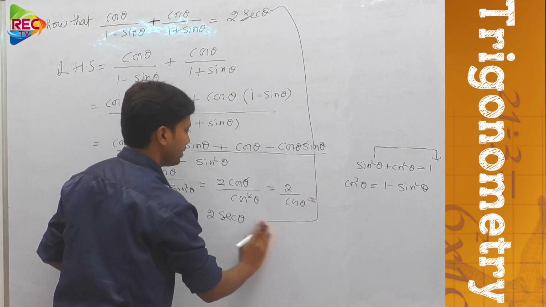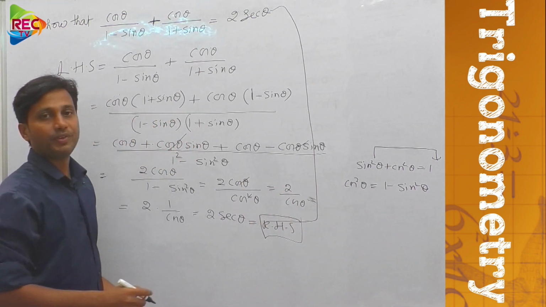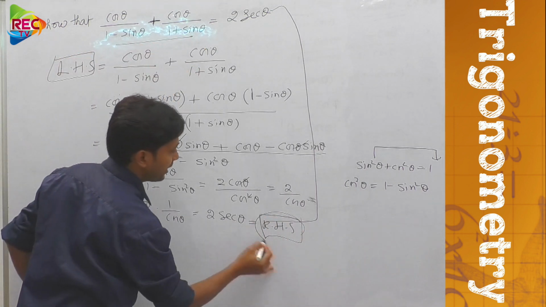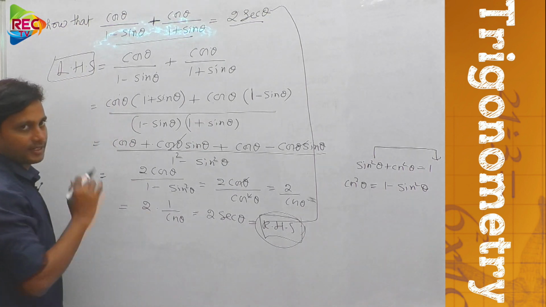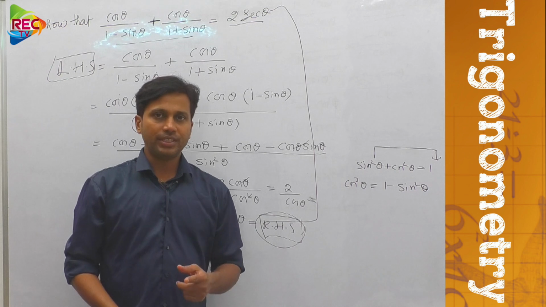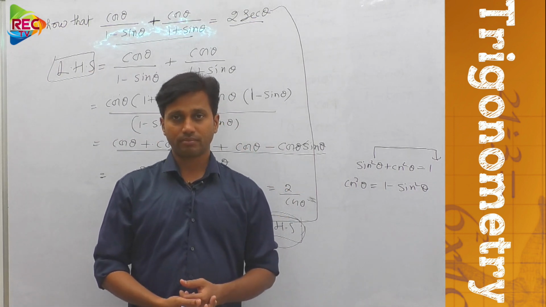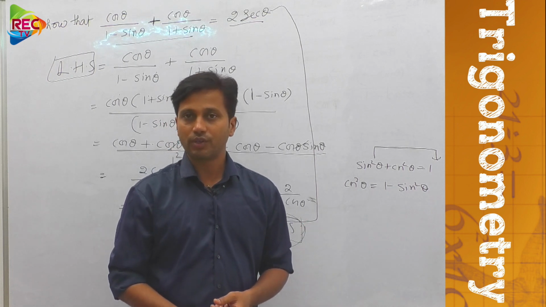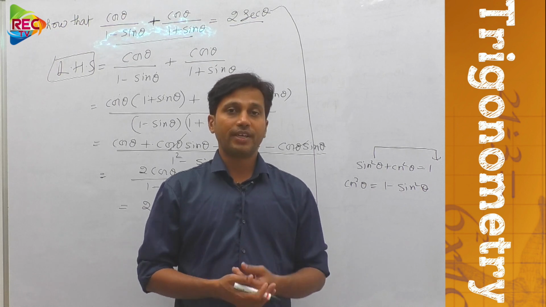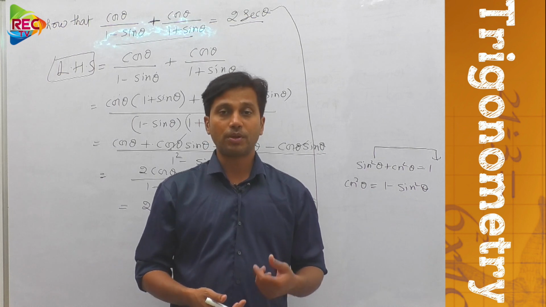So this is our RHS. Hence we took LHS, which is this part, and we obtained RHS, which is this part. That's it. So like this we have to solve all the problems. What are we doing in all these problems? Just making use of those three identities: sin square theta plus cos square theta equal to 1, secant square theta minus tan square theta equal to 1, and cosecant square theta minus cot square theta equal to 1. By making use of them, we can solve thousands of problems, not just hundreds.